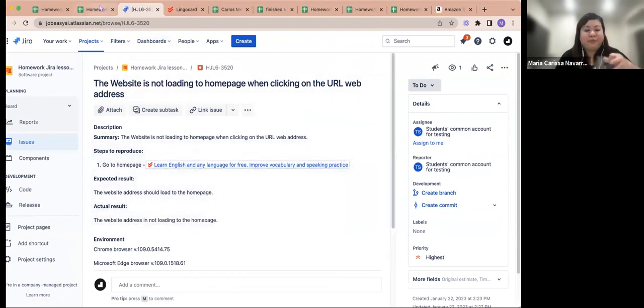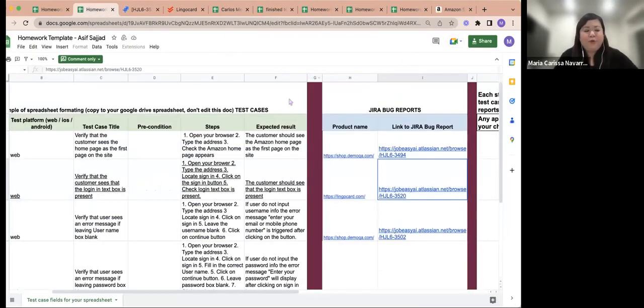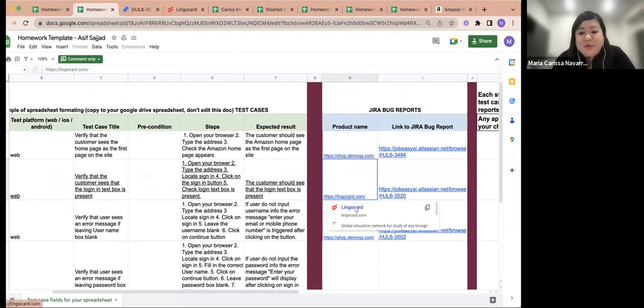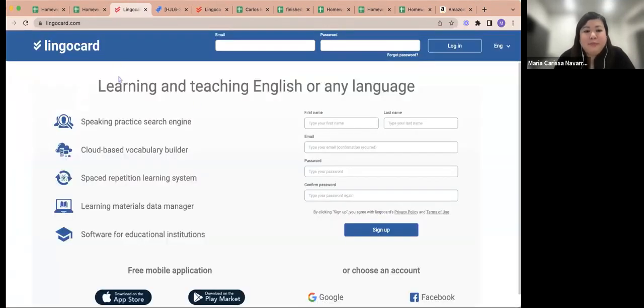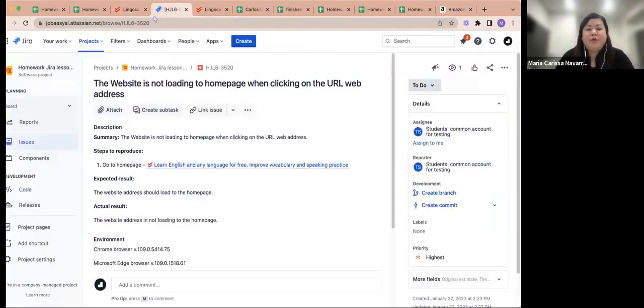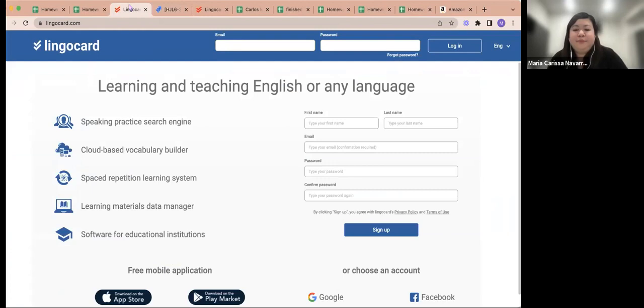Oh, the link. So meaning, oh, what happened to my glass? It's broken. When you click this link, this one is not working. So what do you see when